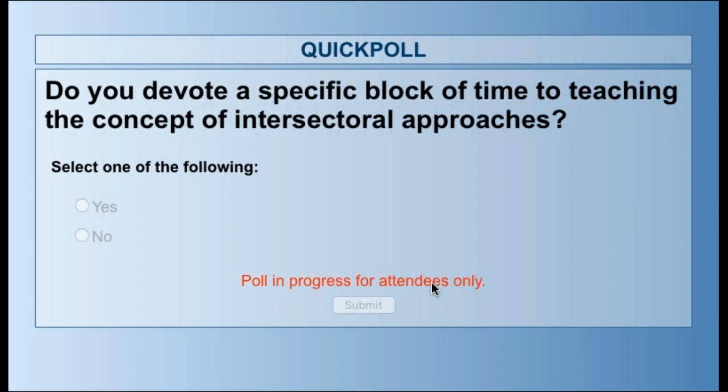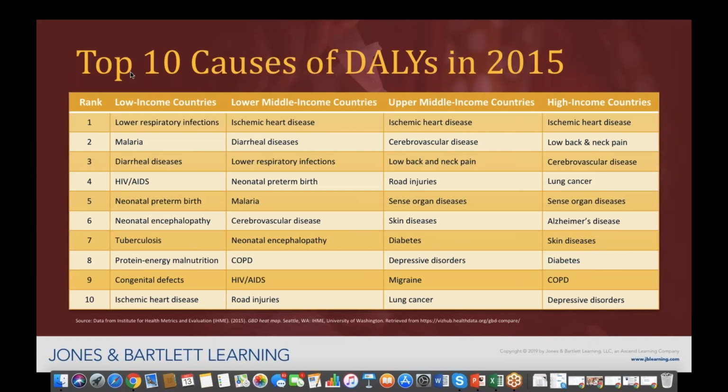I'm seeing responses coming in, changing, but it looks like roughly 35 to 40% saying yes. Many more people saying no, between 67 and 70% saying no. Okay, that's great, Sophie. Can you take the quick poll off, Sophie, so I can see my screen a little bit better? There we go, thank you.